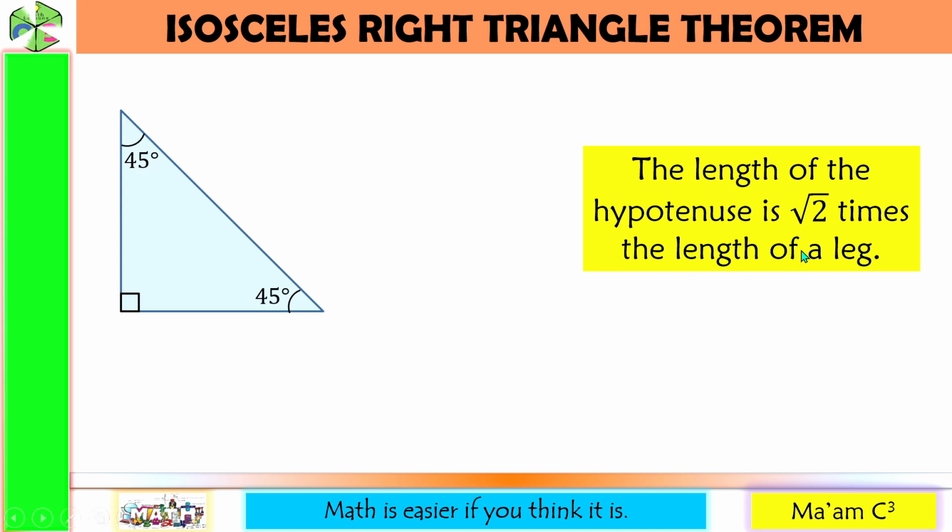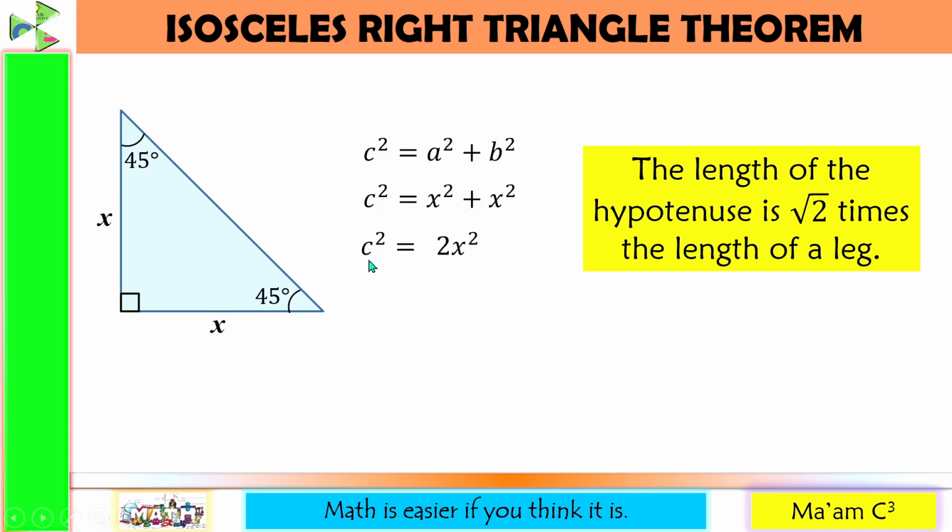Let us prove this. I have here an isosceles right triangle with no sides given. Let me represent this side as x. If this is x, since this is isosceles, then this side is also x. Now, to solve for the missing side, which is the hypotenuse in this case, we're going to make use of the Pythagorean theorem. a and b are both x in here. So we have c squared is equal to x squared plus x squared. x squared plus x squared is 2x squared.